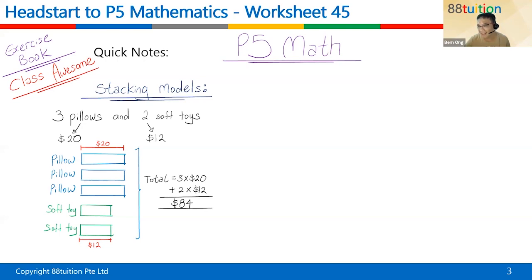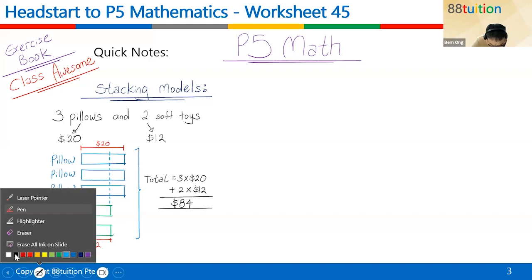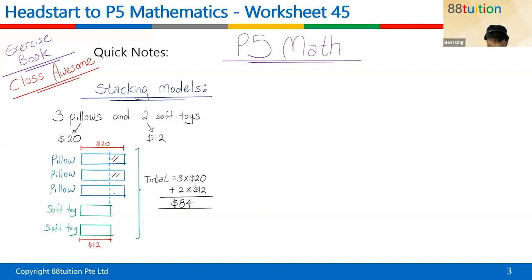But my question is actually more on this part, the differences down here. I'm more interested in the differences. Can you see that this shaded portion is actually called the differences between the pillow and the soft toy? Can you see that? So actually, my question is